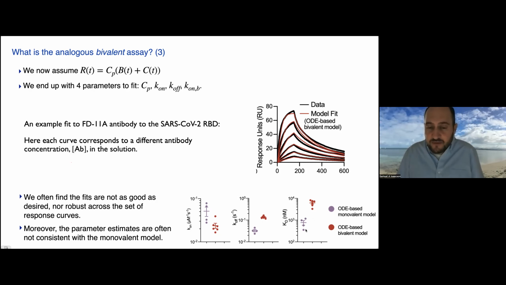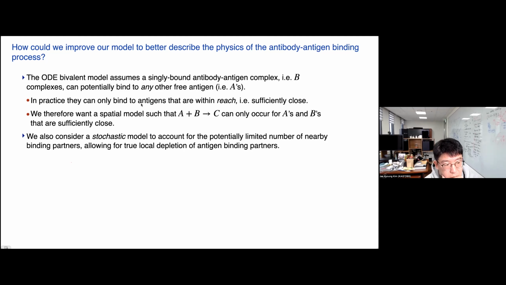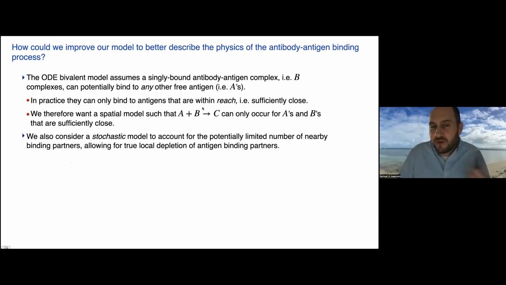And so it seems like this model just doesn't work very well. And of course, when you look at it, since I gave you the picture, one natural thing to think is, well, one of the problems is that, as you mentioned, you're letting the antibody that's bound to one antigen bind to any other antigen instead of just the ones that are close. And that was one of the things that we thought when we looked at those models long ago,